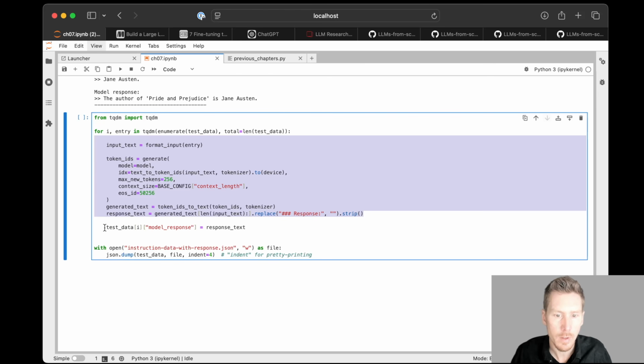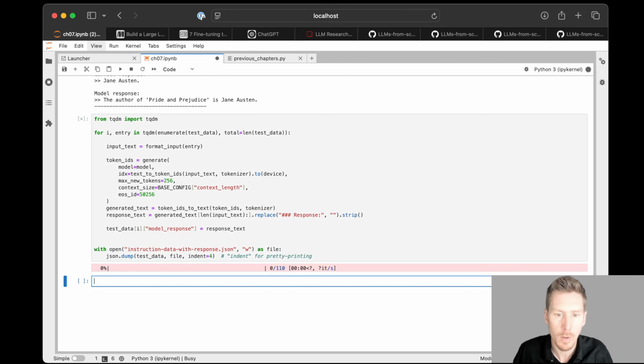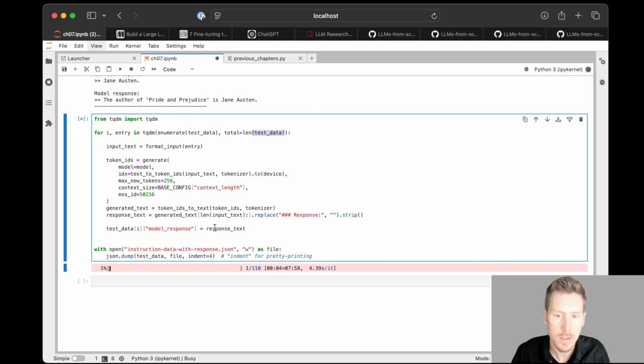And the one new thing that I'm adding here is that I'm assigning this response to the dataset instruction so that we can save it to the JSON dictionary. So let me execute this, and I can talk a bit more about this because this might take a few minutes. So here, what it is doing is essentially generating all the responses for the whole data set and then